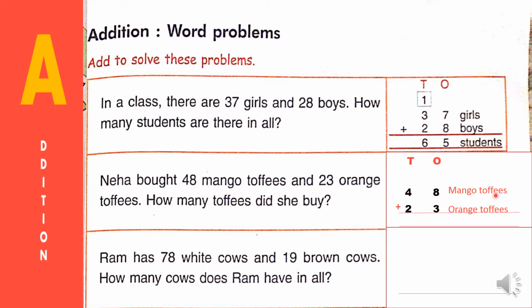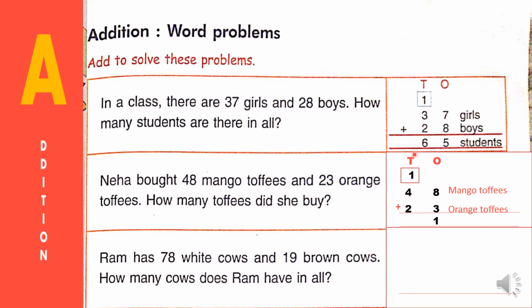When we are doing addition, again and again I'm saying, first we should add the ones column. Which number is bigger? 8. Keep 8 in your mind. 3 you should keep in your hand. Open 3 fingers, children. 8, after 8, 9, 10, 11. Do I write 11 here? No, I can't write like that. In 11, 1 ten is there, 1 one is there. So I'm writing 1 in the ones column, 1 in the tens column.